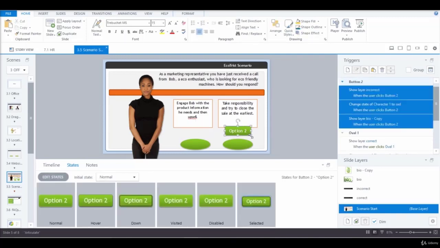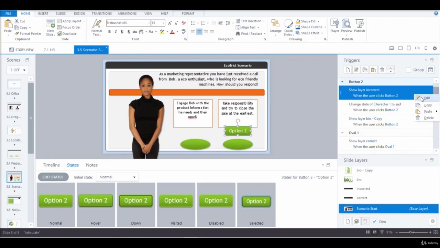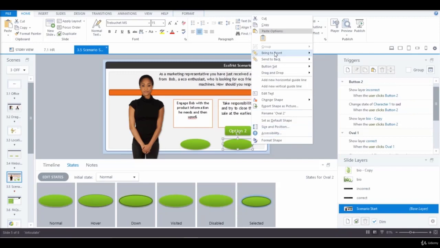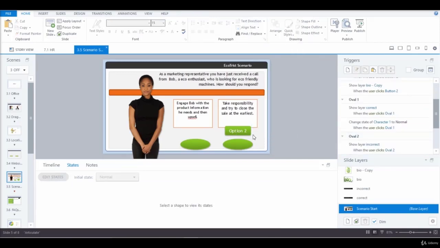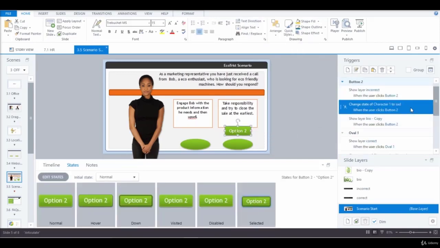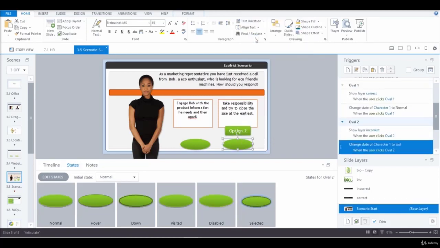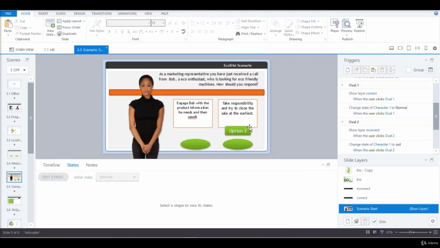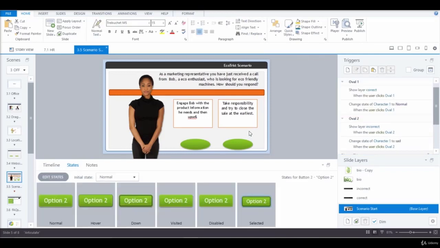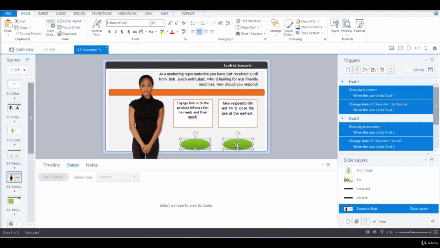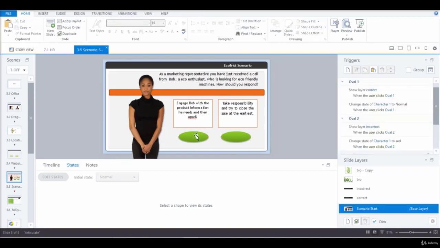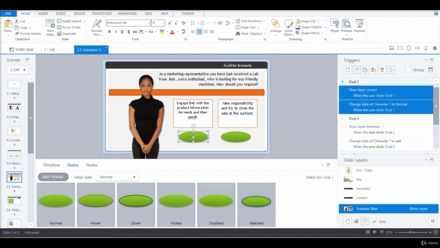So now we do the same thing for the second set of buttons. We go to the original second button and then we take the first trigger, we copy it, and then we paste it on the new button, and then we go to the second trigger and do the same thing and paste it on. And what we need to do now is delete the original button. Now let's align the entire thing. Let's move it up, and we move this up. Once we do this,